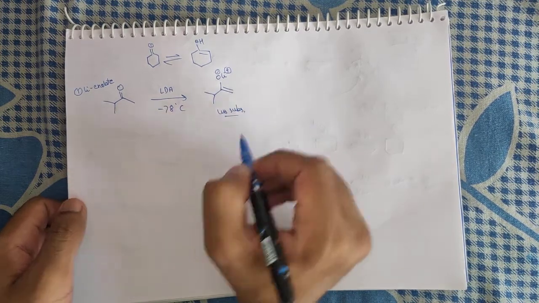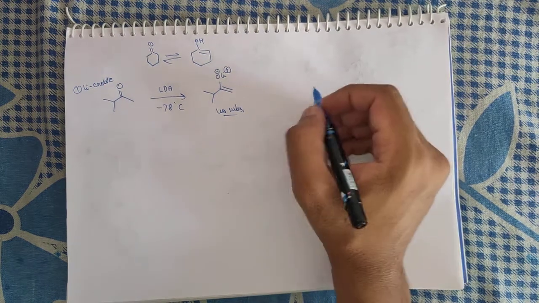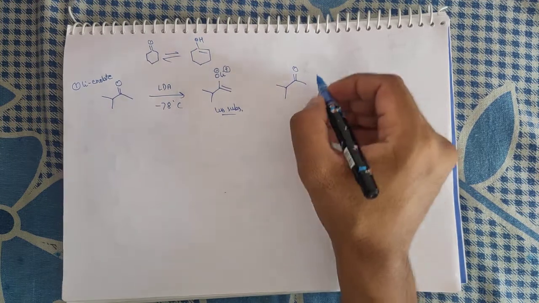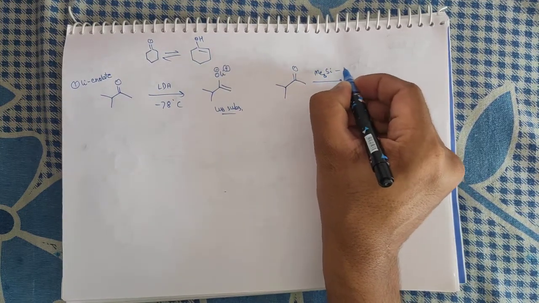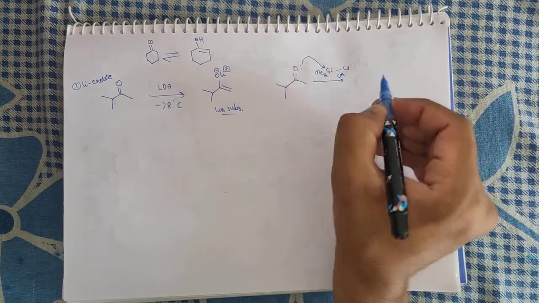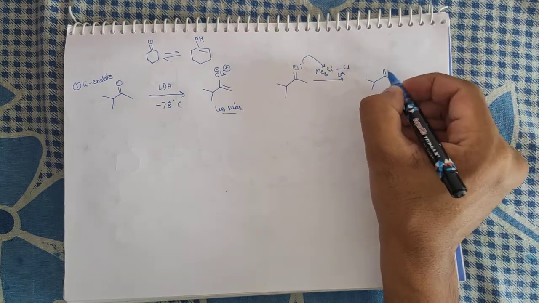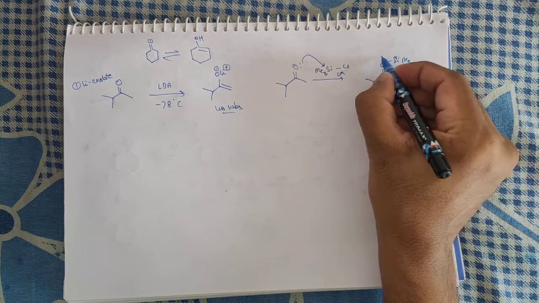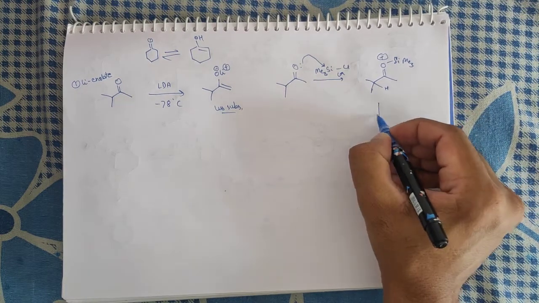But suppose you want to make the more substituted enolate, then you just have to carry out the reaction like this. You have this carbonyl compound, you add trimethylsilyl chloride, and there will be a reaction like this. This oxygen will take this silicon and this chlorine will leave. Then there will be formation of this double bond, oxygen, silicon, trimethyl, positive, and now we have a proton here. If you add triethylamine,